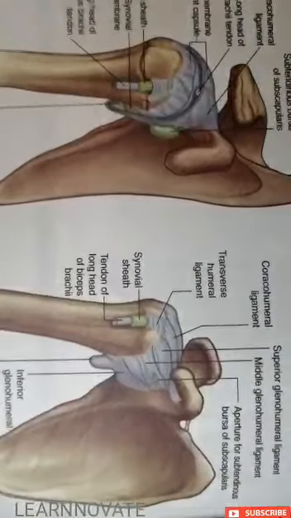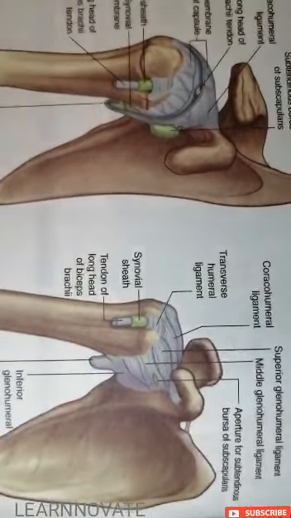So this was an explanation about the glenohumeral joint and the shoulder joint. I hope you will understand well. I have covered all the ligaments, all the movements, all the muscles and ultimately the blood supply and the articulation that are present in the glenohumeral joint by simple and easy notes.